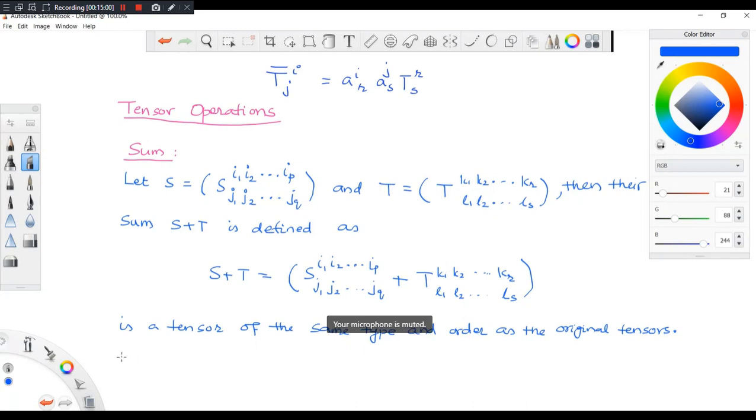Okay. Now, what is a linear combination? Sir, what exactly does a tensor of the same type mean? Same type means same rank. Say, for example, what is the type of this first one? Okay, I will explain to you. Same type, I will write here, same type. What is S? What is the type of S? S is of the type PQ.